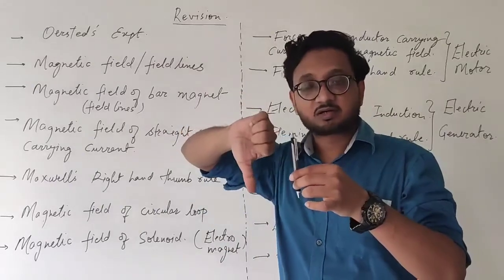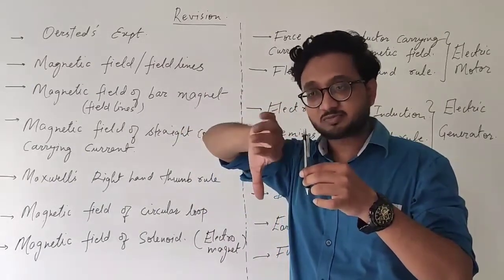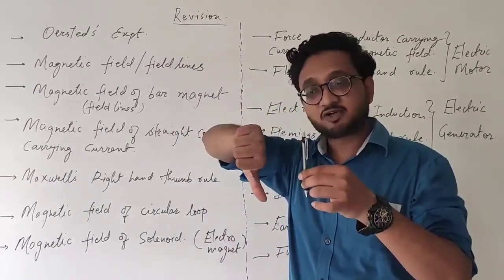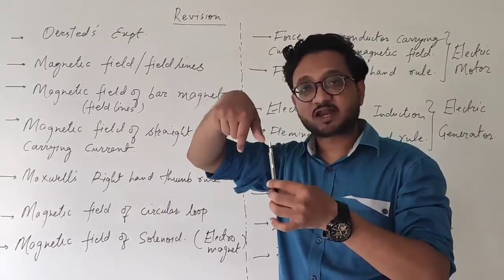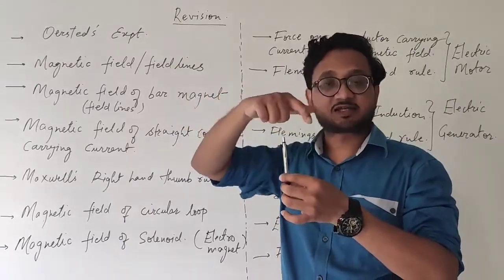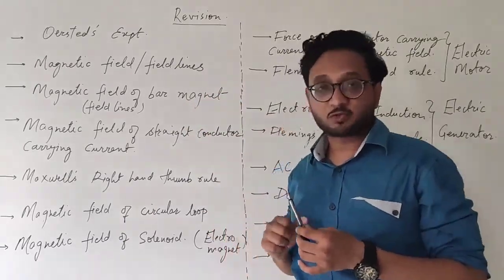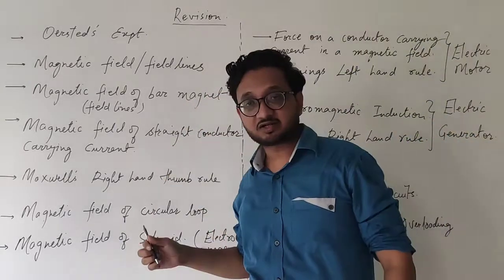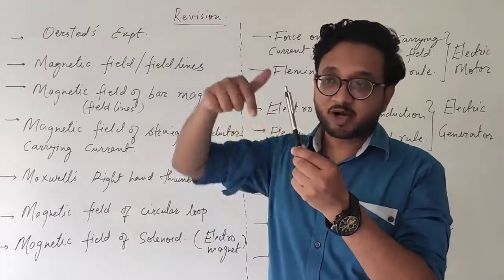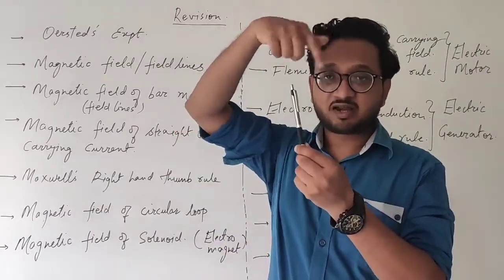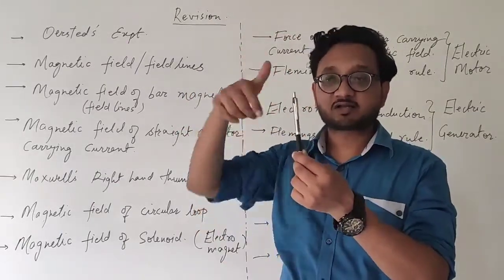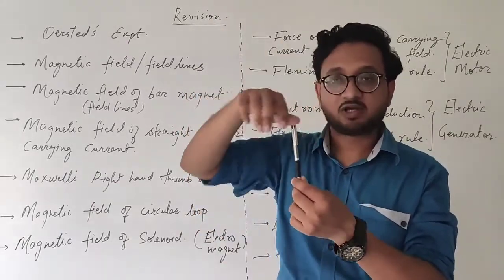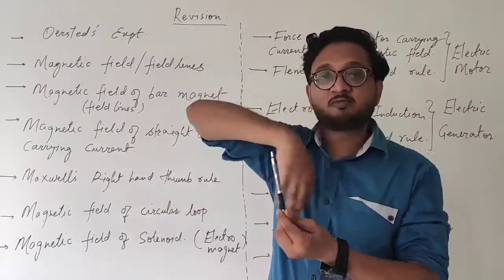Suppose the current is flowing in the downward direction, then the magnetic field lines go along with the fingers like this, that means in this direction. Previously they were in this direction. I hope it is clear to you, students. Quite simple. The magnetic field of a straight conductor is not just at one point. Even at this point there are field lines like this, at a second point too, and all over the conductor there are magnetic field lines around it, everywhere.